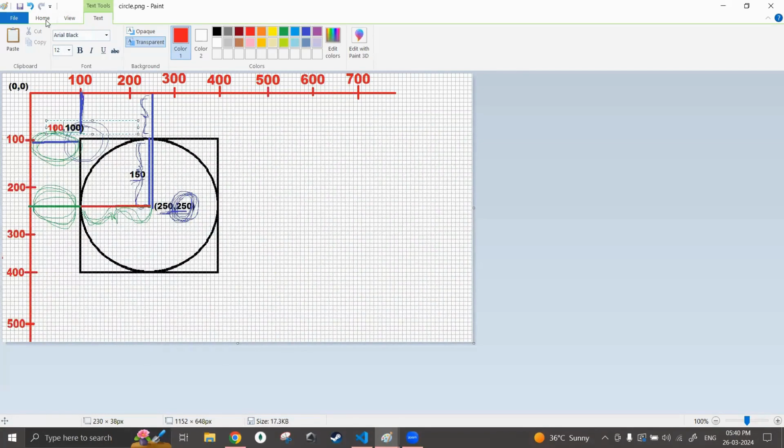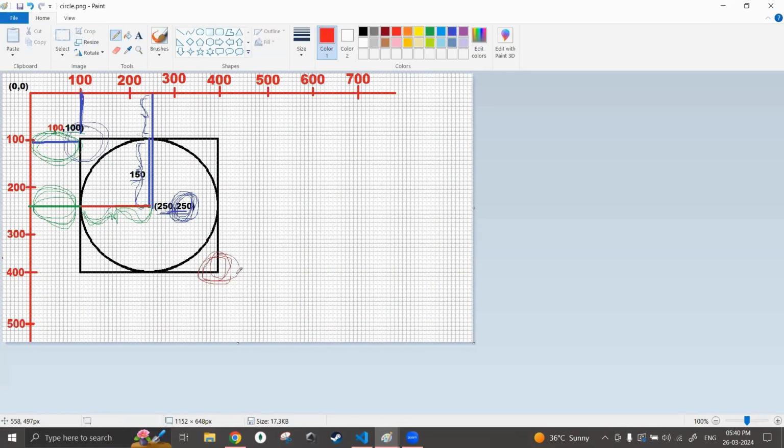What are the x2 and y2? That means I need to find the coordinates of this corner. So here the opposite will happen. Here we need to add the radius to the distance from the center. The distance from the x-axis to the center is 250, which I can see from here. 250 plus the radius will give us this position, which is the distance from the x-axis to the bottom right corner. That distance will give us the y value of the bottom right corner, and the x value will be